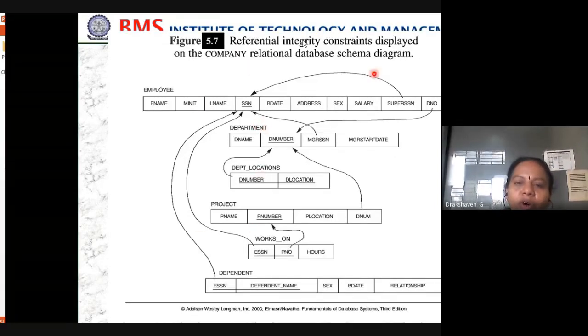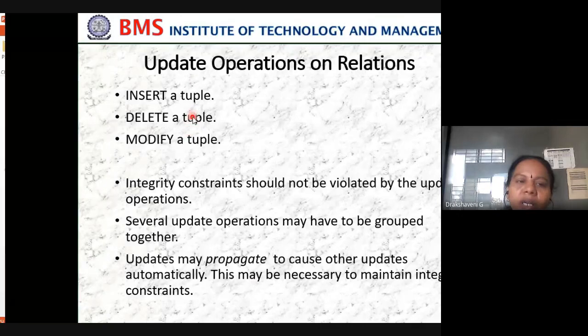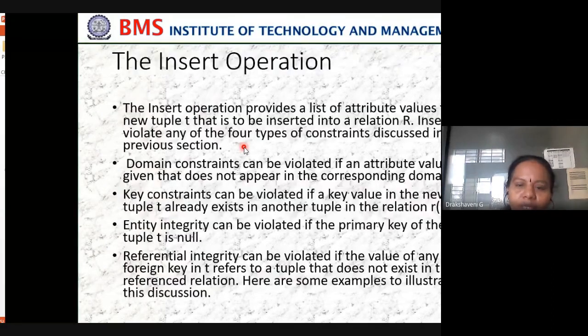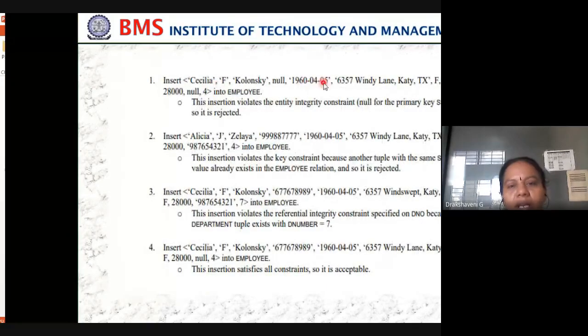So how do we refer to all this? We refer to a primary key, and this is a foreign key. In the same way we point out what values we have. Then we have seen insert tuple, delete tuple, and modify. With the insert operation, I can insert only if you give proper values in the proper column. Now this null is the SSN number, and SSN is a primary key, as we have told. When we say primary key, we should not have null in the primary key place. So in that case, insertion will not be done.